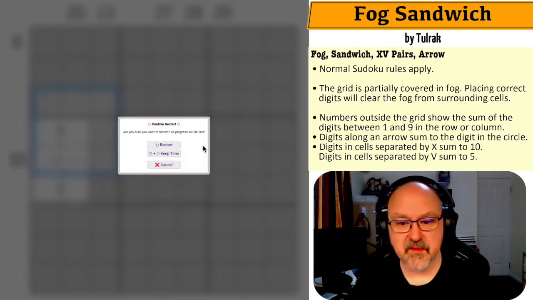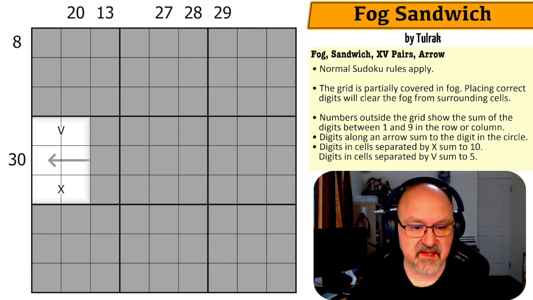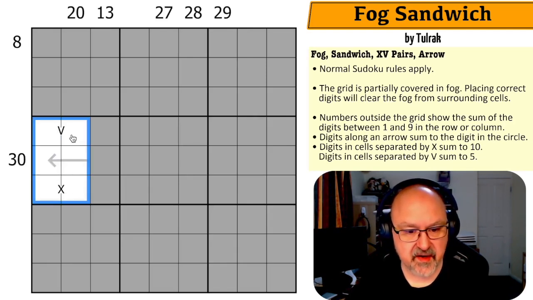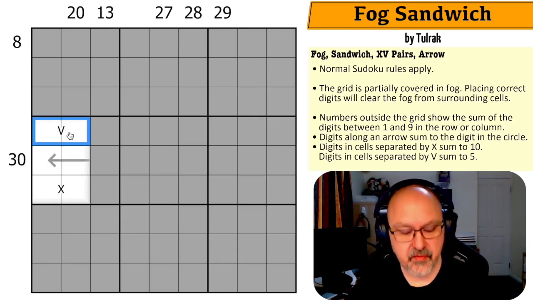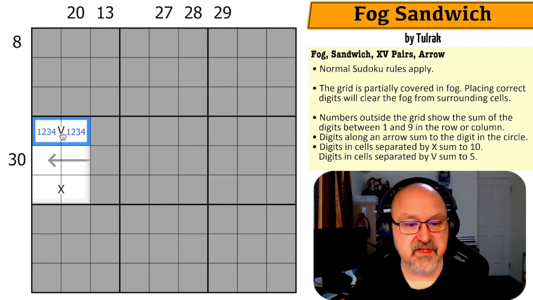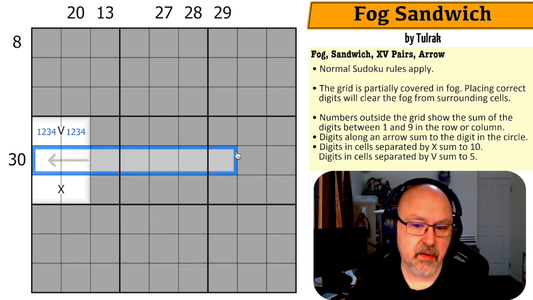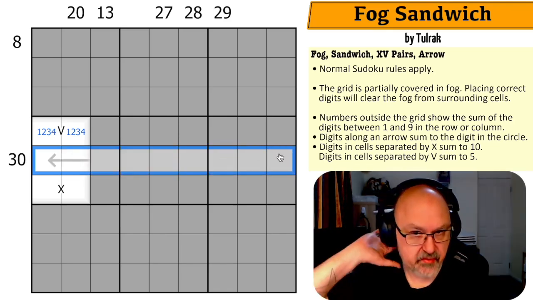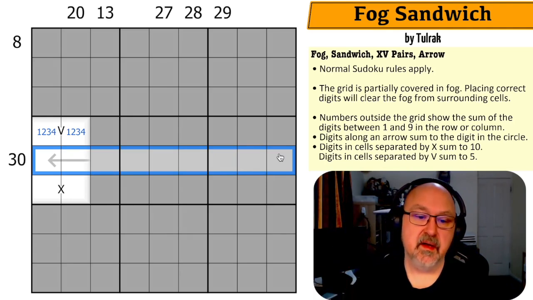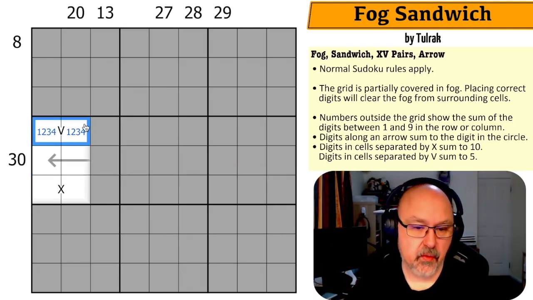I'm going to restart the puzzle to restart my timer. Let's give this a shot. And once again, we're kind of going to start here. So we know that these have to be from 1, 2, 3, 4, because the only way to make 5 is 1, 4, or 2, 3. Now, okay, so we may know a 30. So the only way, if this was 1, 4,